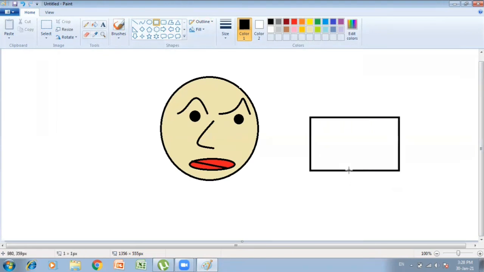Then I will simply do it like this. Then I have to draw the rest of the picture. So I have to select the line tool. I'll simply start from here. I'll simply start from this portion.